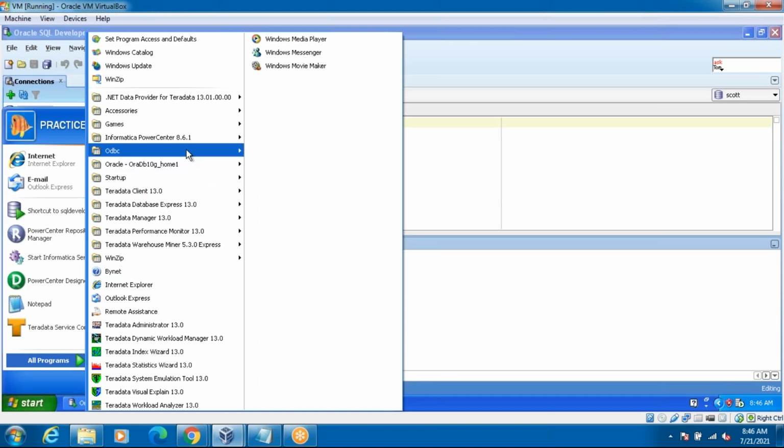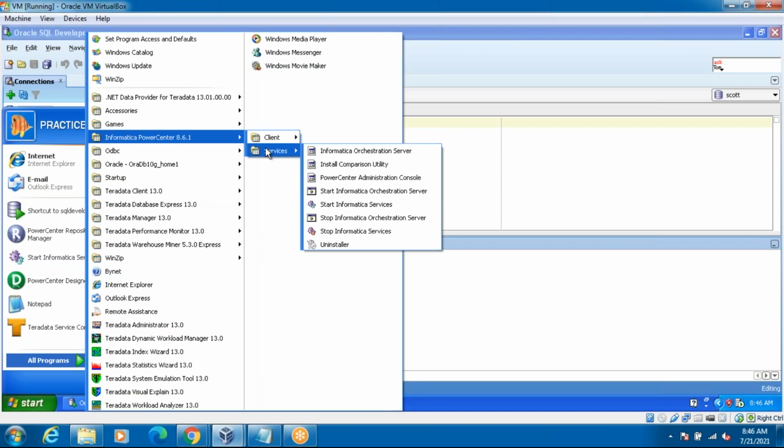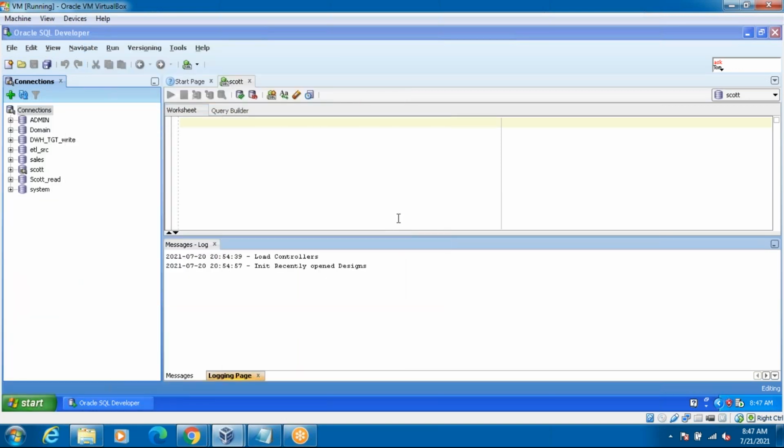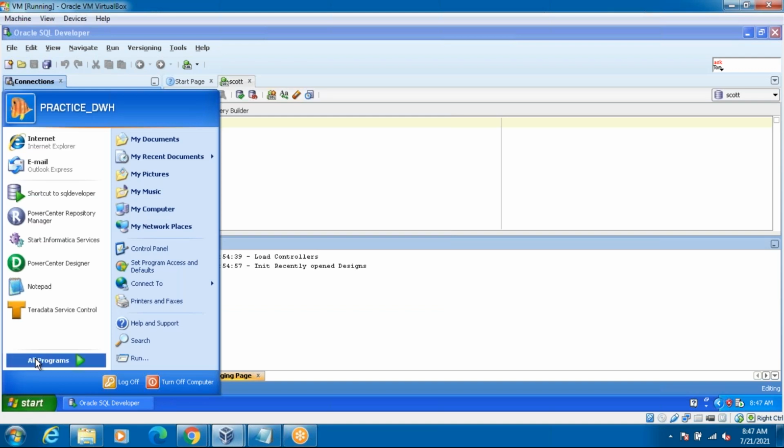So here we are not doing anything, guys. Just for understanding purposes, I'm showing what kinds of tools are there in Informatica. Here I'm going to start the Informatica services. Everything will be done by the DBA guys for us, so we need not do all those things, but here, for testing purposes, we are doing it ourselves. Next, I'm going to start the